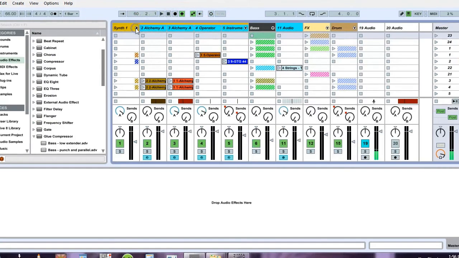Now each one of these, if I crack it open, you'll see I have 2 instances of Alchemy here. I have some Operator,